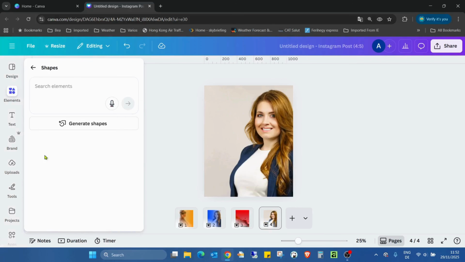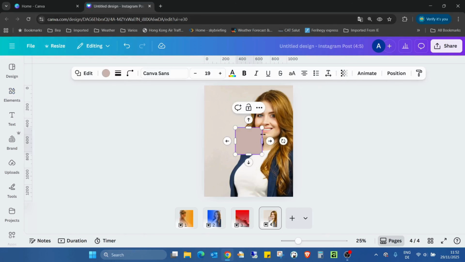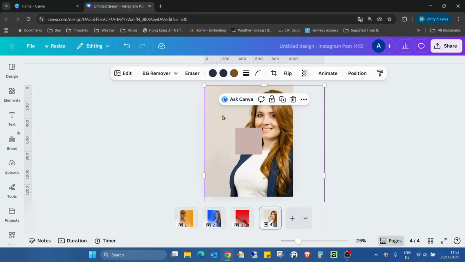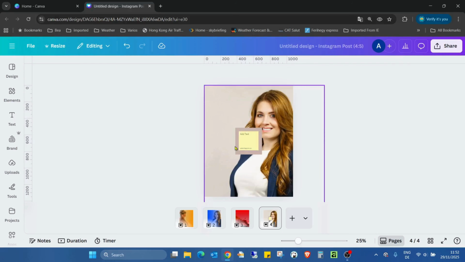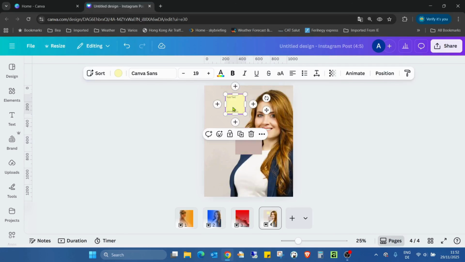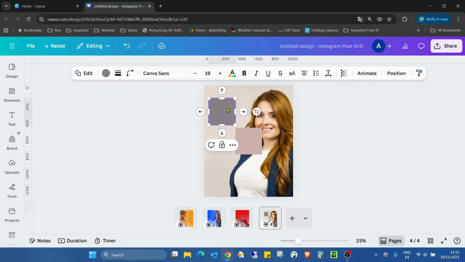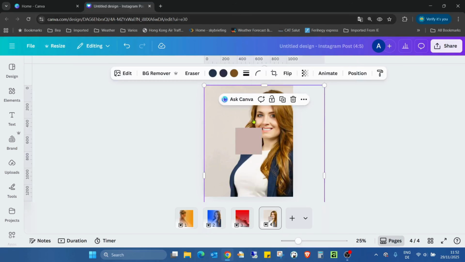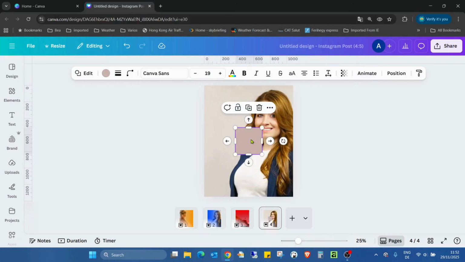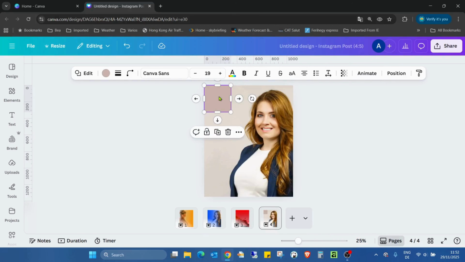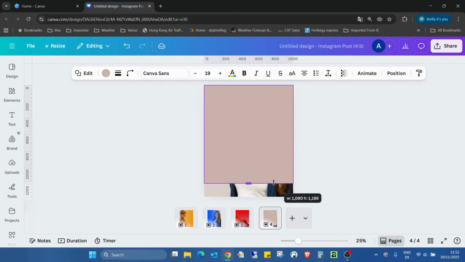So first I need a shape. I'm going to a normal square, or if you just click on the Canva and hit the S. No, this is not a normal square. Okay, maybe I was wrong and I need the letter R for a rectangle, not a square. So okay, we just need to hit the letter R to get the rectangle, but also we can search in the elements. So I just increase the size